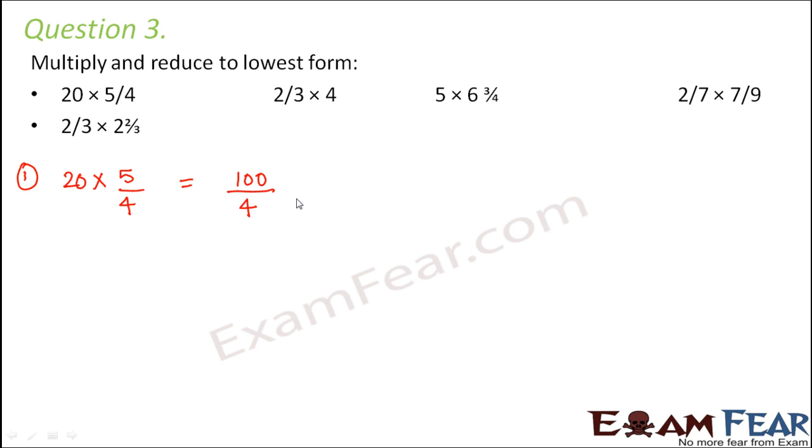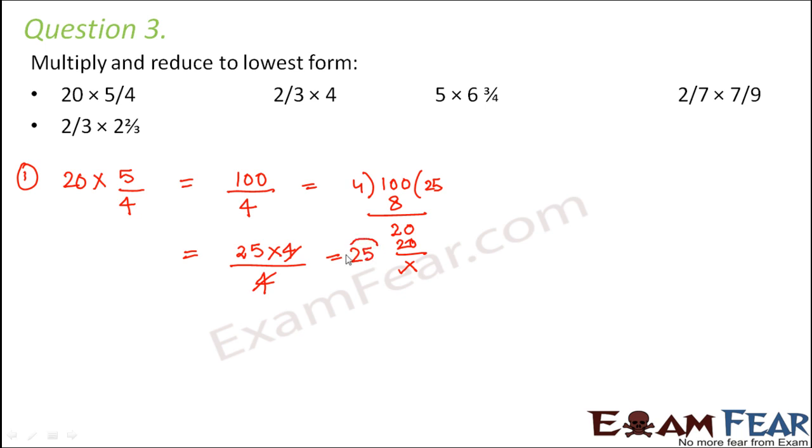Now you can write it in terms of this way as well, 100 by 4. So you can also write it as, if you actually divide 100 by 4, what do you get? 4 2 is 8, 2, then you have 0, 5 is 20. So basically 4 into 25 is equal to 100, right? So this 100 by 4 can also be written as 100 can be written as 25 into 4 divided by 4. So 4 and 4 will cancel out. So you are left with 25.